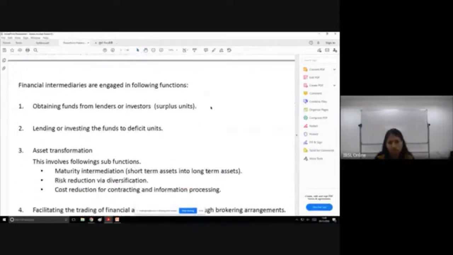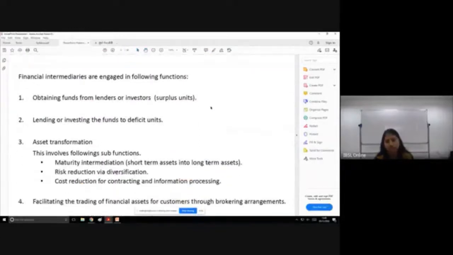What are their functions? Okay, so throughout that explanation, I would have explained, or indirectly given out, certain functions. So we are going to look into what those functions are in detail. So the very first or the most essential function is they are there to collect funds